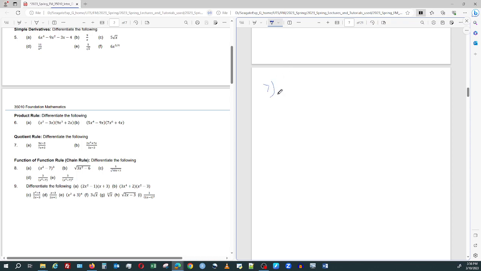So 7a is 9x minus 3 over 7x plus 2, and of course we can't have 7x plus 2 equal to 0, so that has to be not equal to 0. u over v, so u dash is equal to 9, v dash is equal to 7, so y dash is equal to d/dx of u over v, which will be equal to,